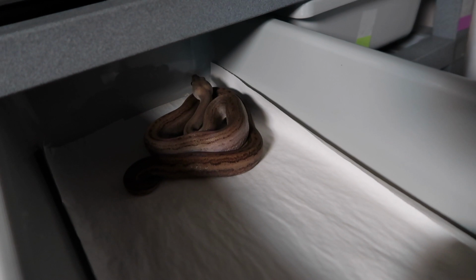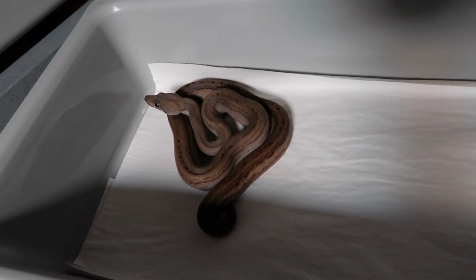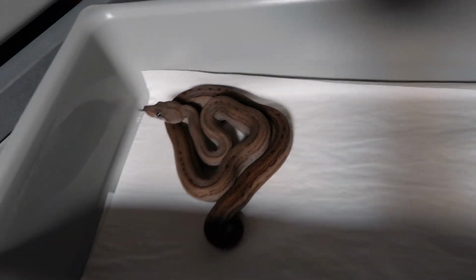Alright guys, I hope you enjoyed the boas. This guy did shed. When you saw him earlier in the video, he was in shed. This is the eclipse male, so I figured I would end